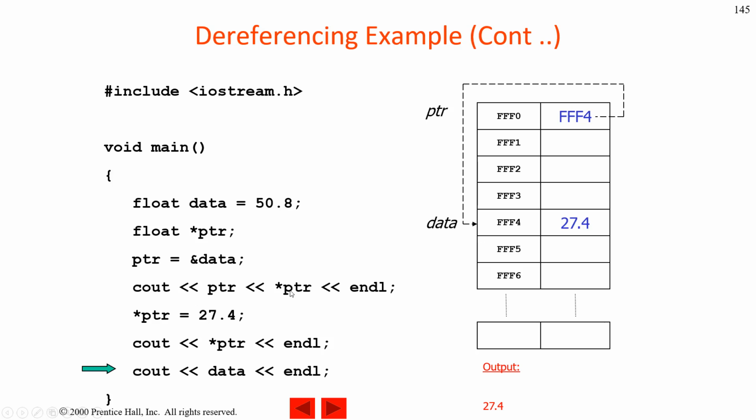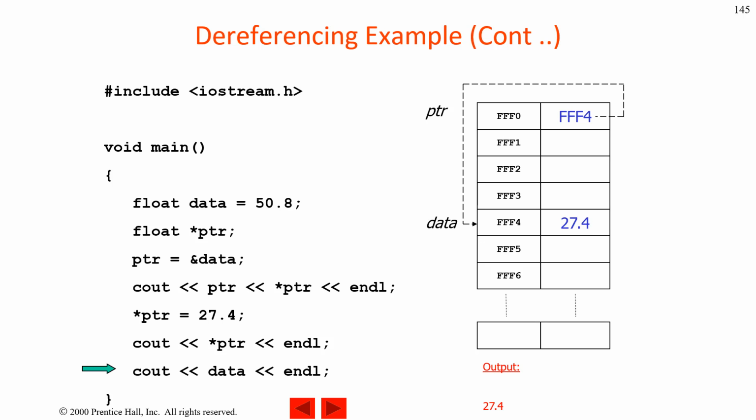And after that, this is a simple notation of what to do. If you write cout data, it should give you this. If you write cout ampersand of data, it should give you this. If you write cout ptr, it should give you this value. If you write ampersand of ptr, it should give you FFF0. If you write asterisk ptr, it should go to FFF4 and look at what is the data, which is 27.4, and cout